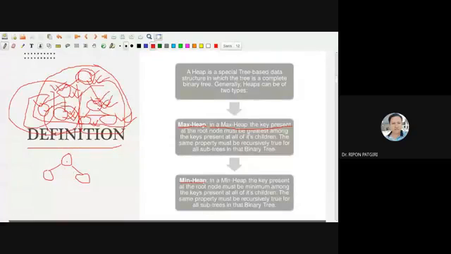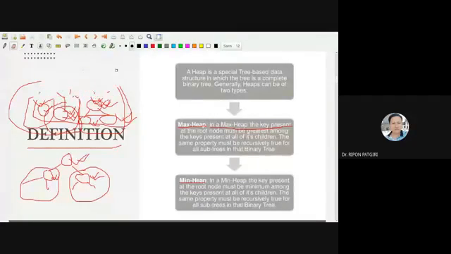in a min heap, this is the smallest one. If this is a subtree, then this is the smallest one among its branches. Say this is a branch, this is another branch, and this is another branch. Then it is the smallest among all its children. So if we get something like this, then we will say this is a max heap or min heap. It has plenty of uses.